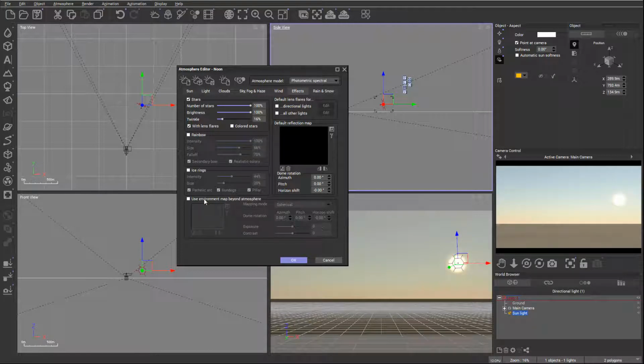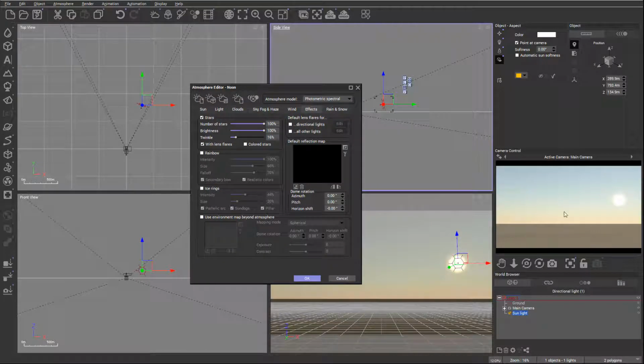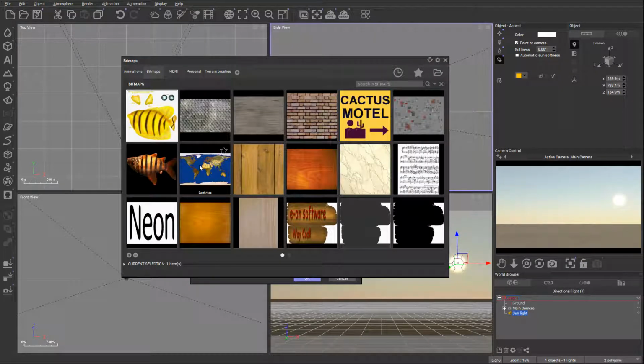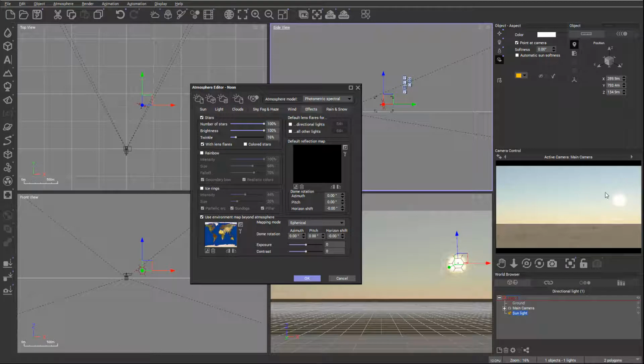we have now is the environmental map. So it means beyond the atmosphere. If I want to create in the back some layout of a star or galaxy, whatever, I can use an environmental map and place it just beyond the effect of the atmosphere. This way it blends much better. So if we enable it, we can click and preload it. And currently right now, because it's quite a bit affected by